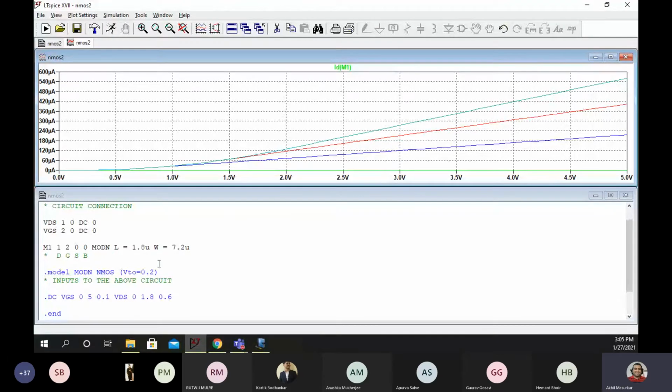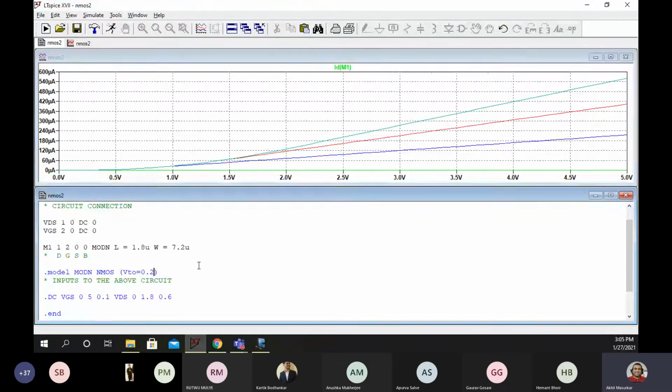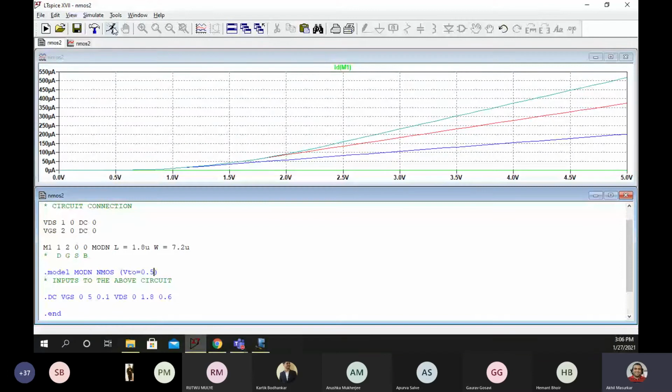Now what you should see here is, VTO here is 0.2. Now if I make it 0.5, my axis will slightly change. See, my output has changed.